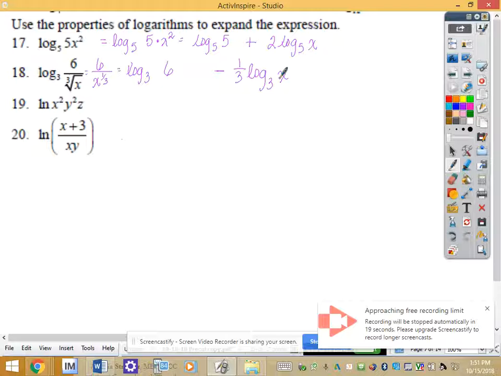On the next one, I have 3 different terms. I have 1, 2, 3 terms. So I'm going to have ln for each of those terms. And because I am multiplying between each, I know it is going to be addition. So I have an x squared, so